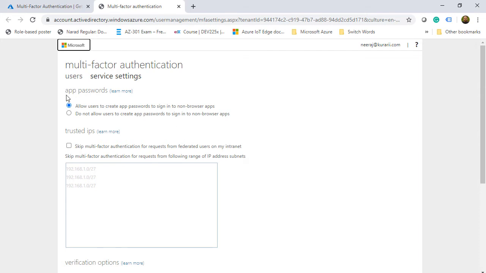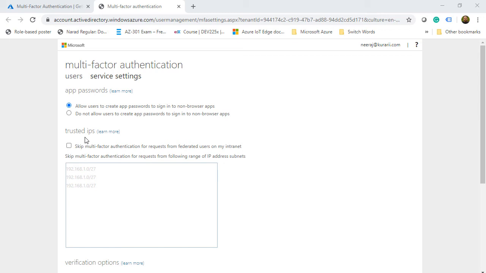So the first option here says app passwords, and it has two options: allow or do not allow to create the app passwords. And this is good in the case where you cannot have any other options for the multi-factor authentication. And next we have the trusted IPs. Now what are trusted IPs? Trusted IPs can be used in cases where you have federated users and they have a specific range of IP addresses.